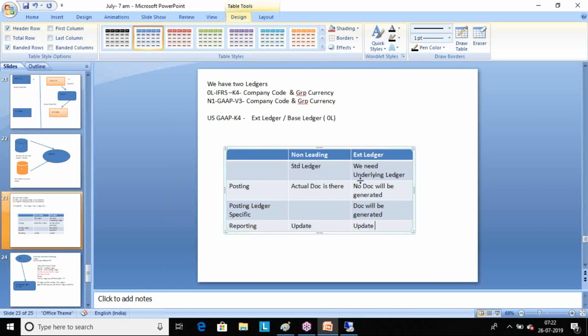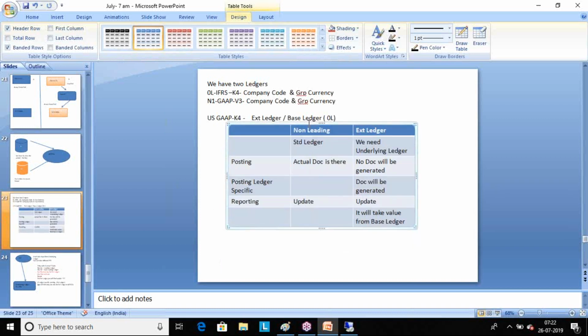Then how will the report update? The report will update. It will take the value or information from the base ledger. So it will take the value from the base ledger, whatever underlying ledger you are going to take. The same will update there. Now what will be the relation? The relation will be one to many. That means you can take here